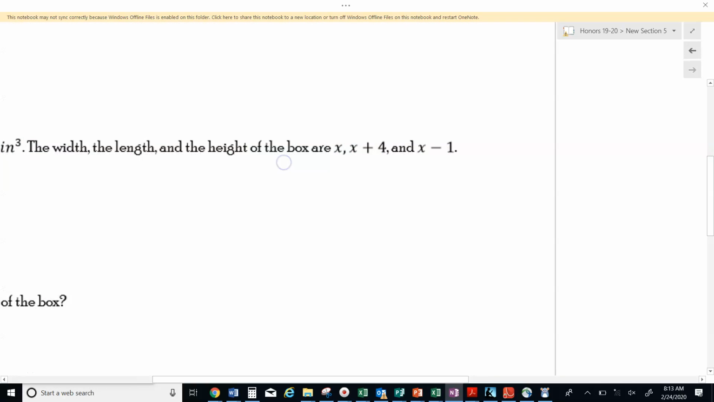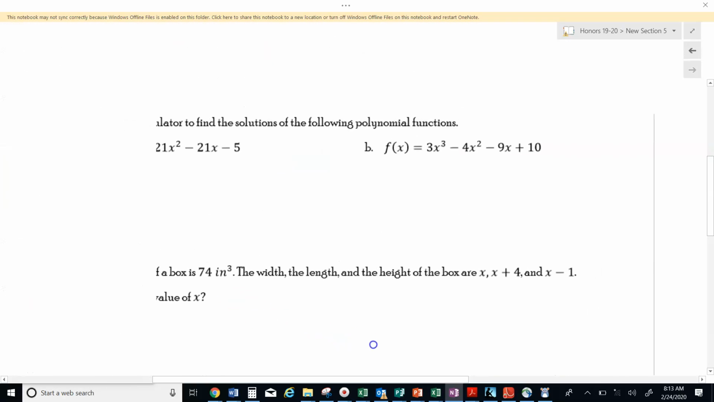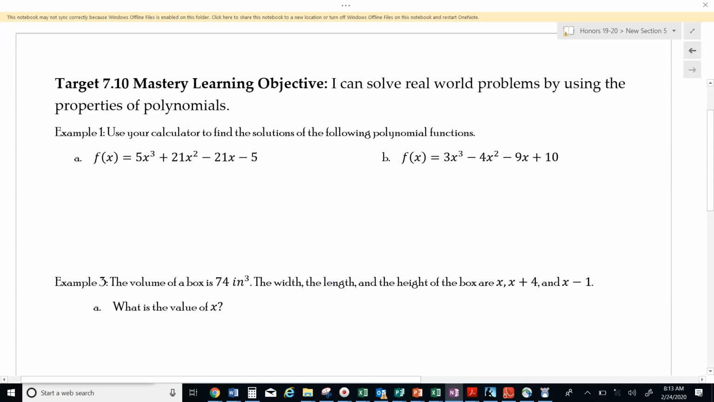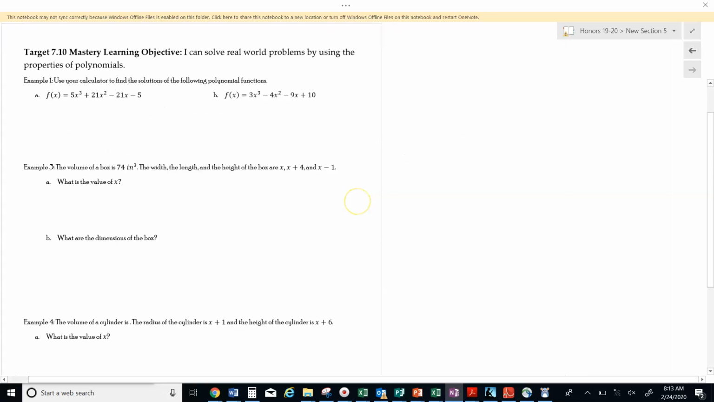All right, this is our last target for KC7. We're looking at target 7.10, mastery learning objective. Before, we were solving when we were given a factor, because we could use synthetic division. The last thing we're going to do